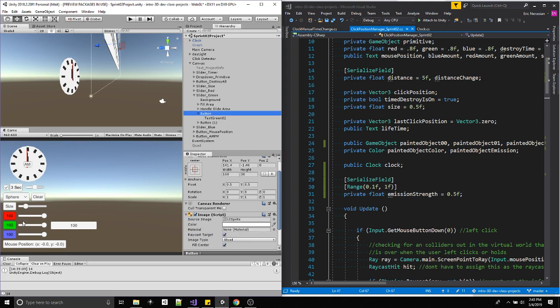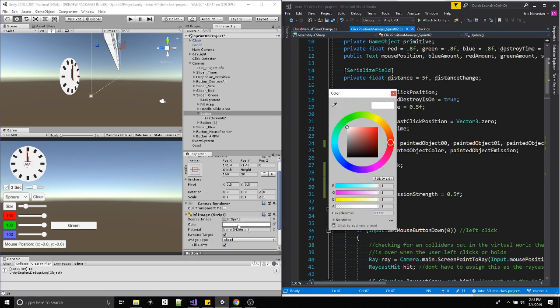So the buttons originally had text like red, green, blue to specify what I'm actually interacting with. Well, I don't need to actually state that to the user. I can take the color information of this background and adjust it, and this can be the way that we tell the user that this slider is really impacting this color channel. And since it's a painting app and the only real thing you can do is spawn these objects, it makes sense for them to say, oh, this is the color that's connected with these objects that are spawning. So if I go through here and just zero out red and blue and just leave it at green,